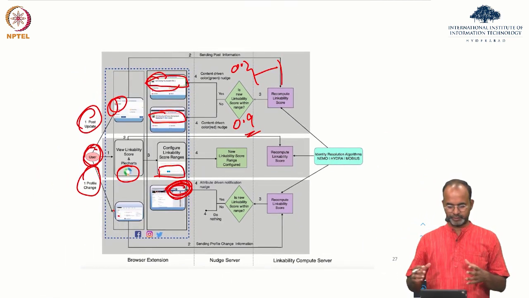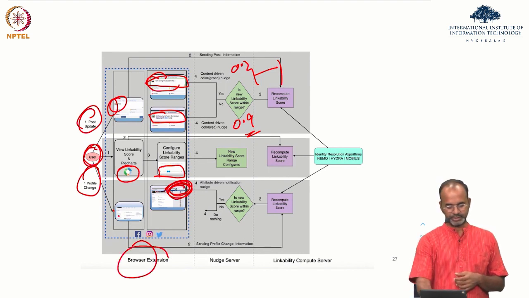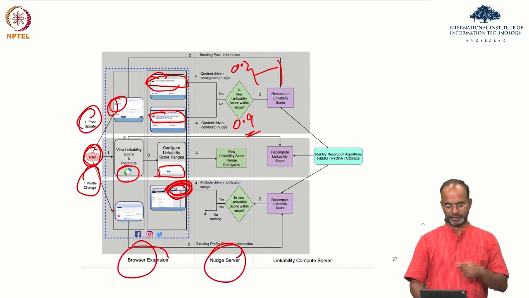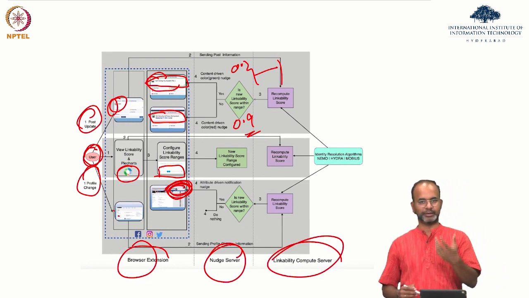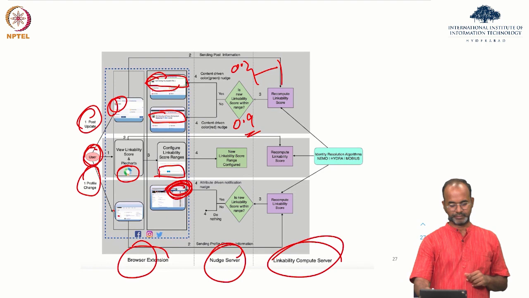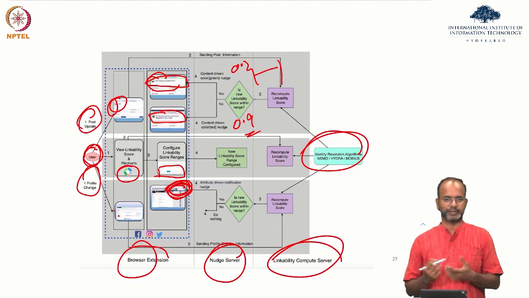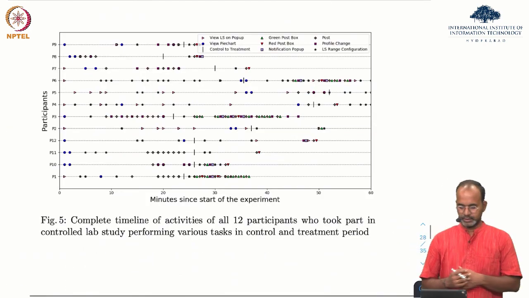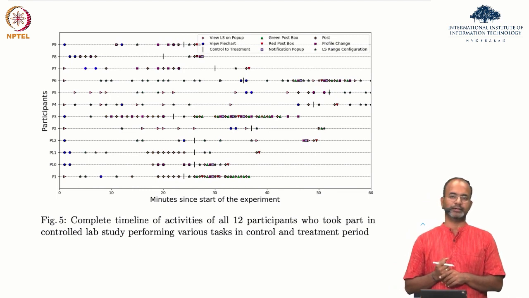In terms of the three different components of the decision making itself, this is the browser extension, this is the server which is making all the choices, and this is the linkability score computing and presenting the values. Nemo, Hydra, and Mobis all use the same kind of architecture to decide the score. This is an experiment that was done to show that the nudging is actually working, actually helping users to make the choice, all of that.